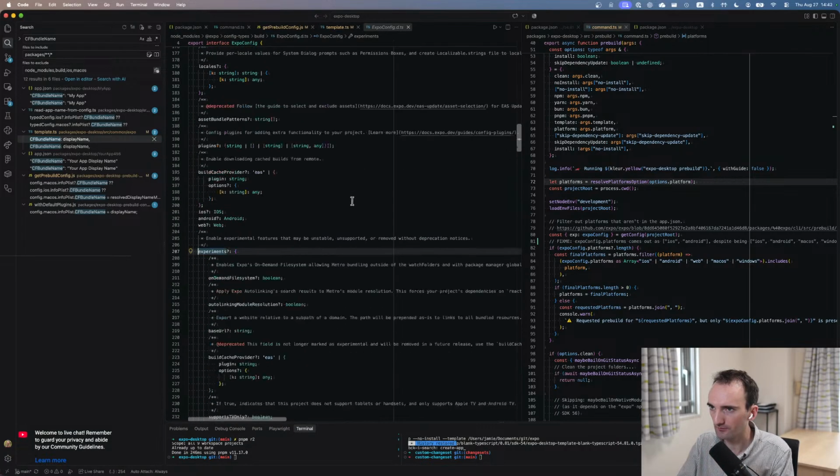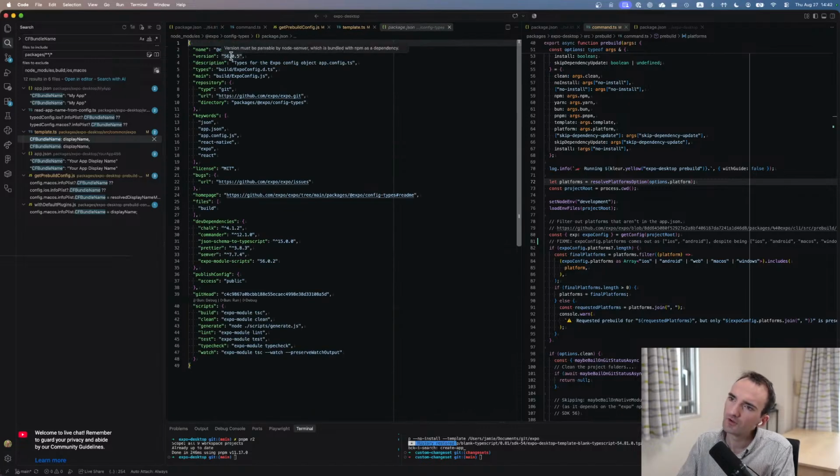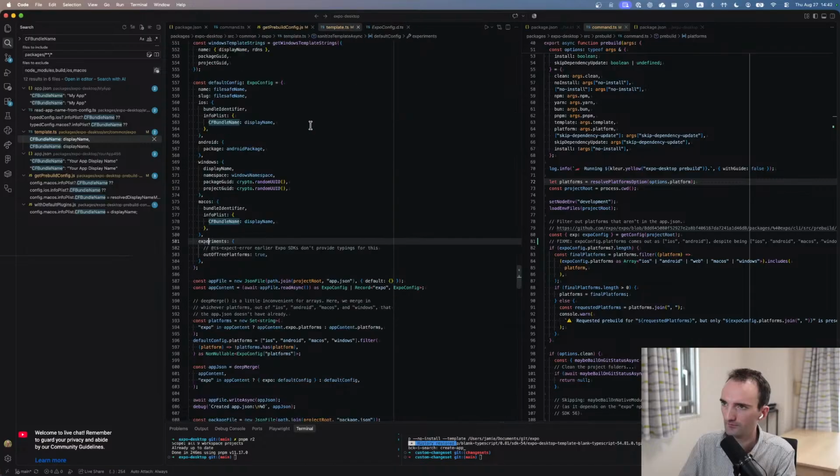Experiments, right, okay. So config types. Huh, I'm surprised I didn't make it into config types because it's in Expo config, but I guess 56.0.5 is